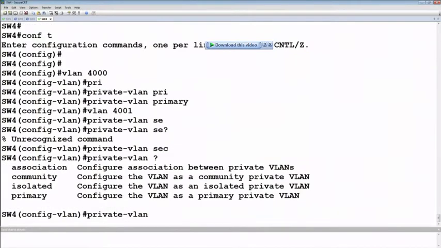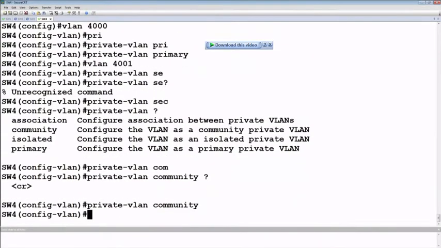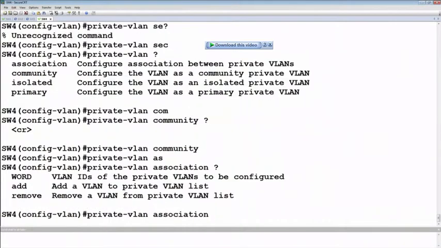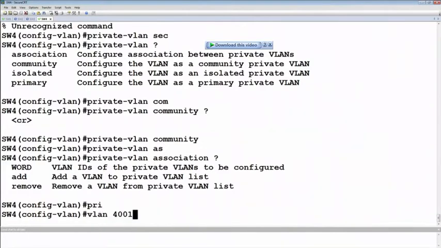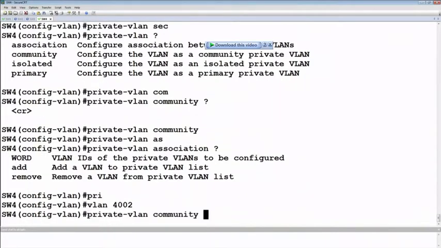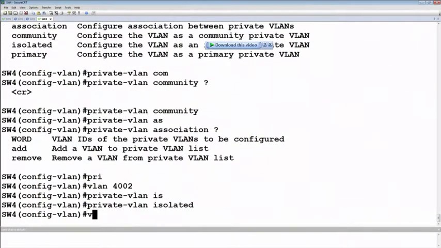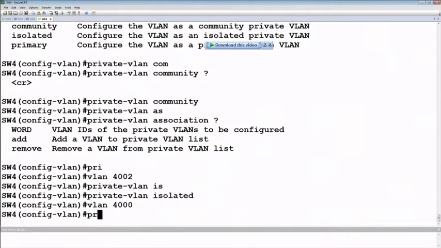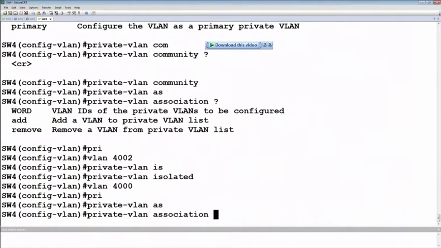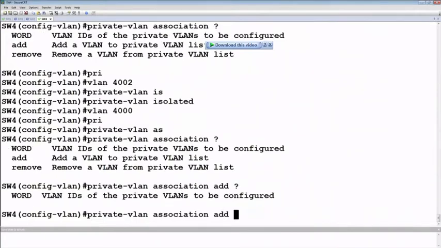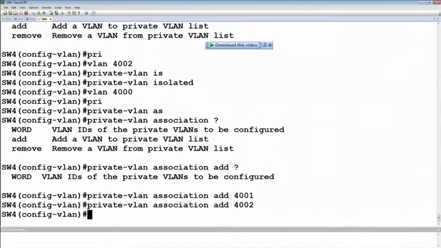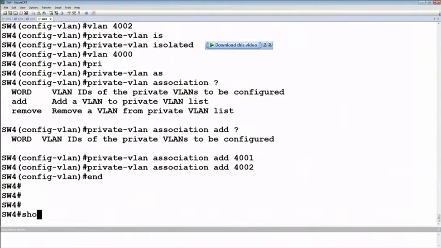It is going to be a, let's say, a community. And its association is to, no, I think it's the other way around. Let's say private VLAN, let's say another one. VLAN 4002, private VLAN is isolated. And on VLAN 4000, we'll say the private VLAN association is to add 4001 and 4002. Okay, so if we show